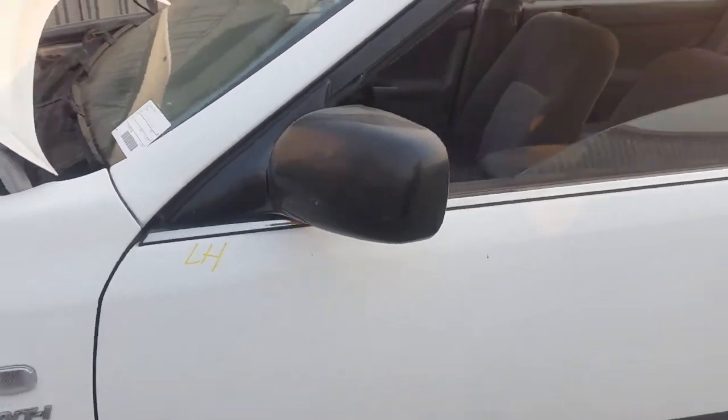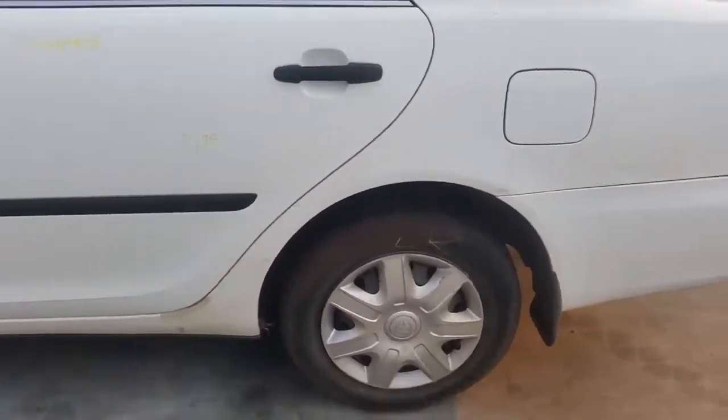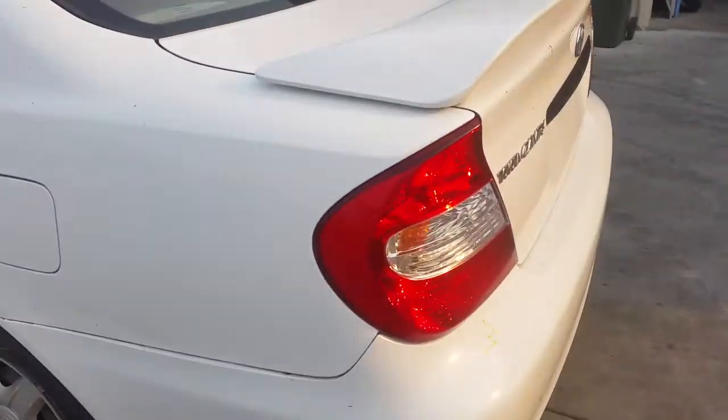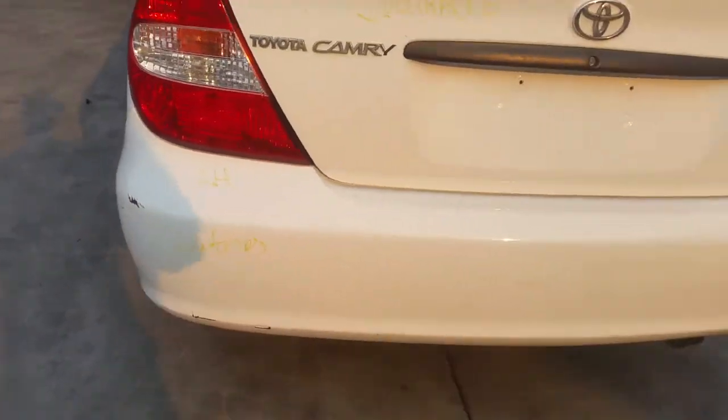Left power door mirror in black. Left front door has one small dent. Left rear door also has one small dent. Left rear 15-inch steel rim with a bald tyre. Left tail light. Rear bumper bar does have a scuff on the left-hand side, but other than that it's pretty